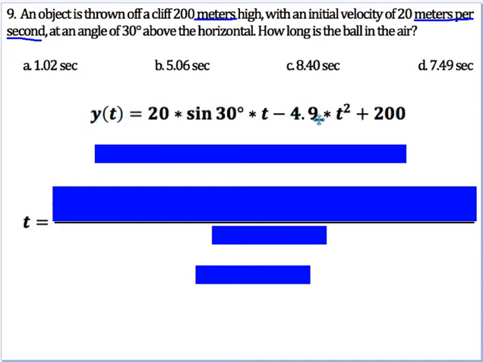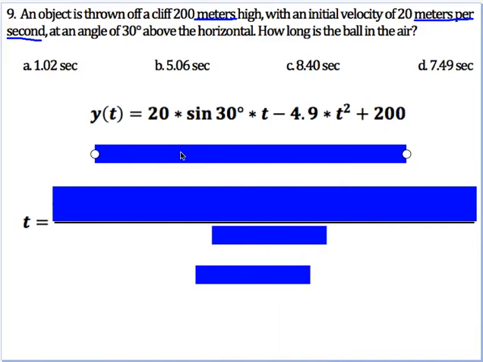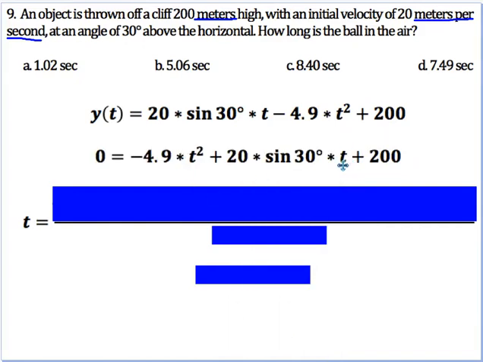Let's make sure you set up the equation correctly. My velocity is 20 meters per second times sine of 30 degrees, because that's my angle, times t. And then notice I'm using 4.9 here because it's in meters per second instead of feet per second. t squared plus my initial height of 200 meters. All right. I need to set the equation equal to 0, and then because I have an initial height here,